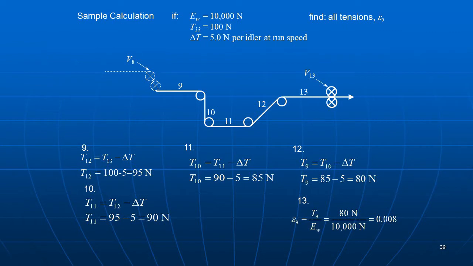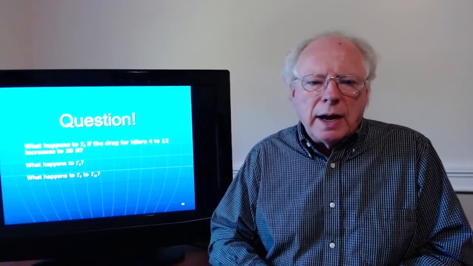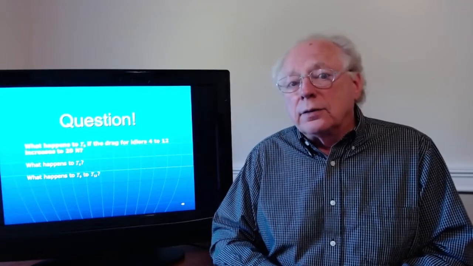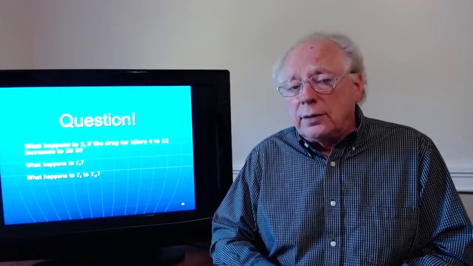It depends only on the speed of 13 and the references. And so 100 newtons minus 5 is 95, minus 5 is 90, minus 5 is 85, minus 5 is 80 newtons of tension in span 9. And so we leapt ahead to the driven rollers, and then we subtracted out the drag of the idlers, working back upstream from that. So let's see what happens if the drag for idlers 4 to 12 increases to 20